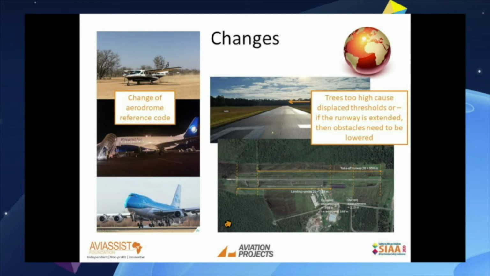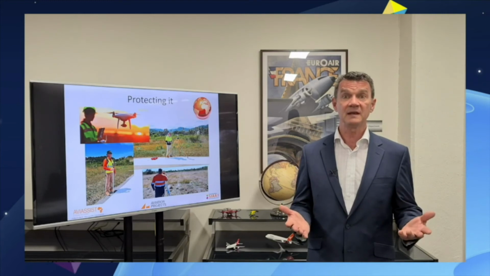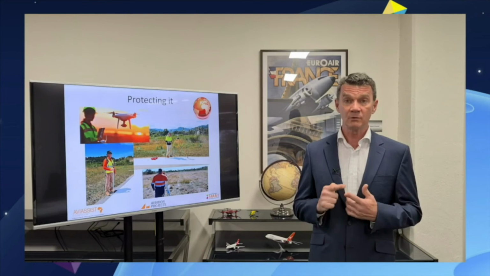Or if for some reason you're making the runway longer, the obstacle limitation surfaces extend out commensurate with those changes to the inputs. So protecting your airspace is really important. You need to understand the size and shape of your obstacle limitation surfaces and how the PANSOP surfaces protect and defend against obstacle penetration. You need to make sure you monitor and review your procedures and your obstacle limitation surfaces